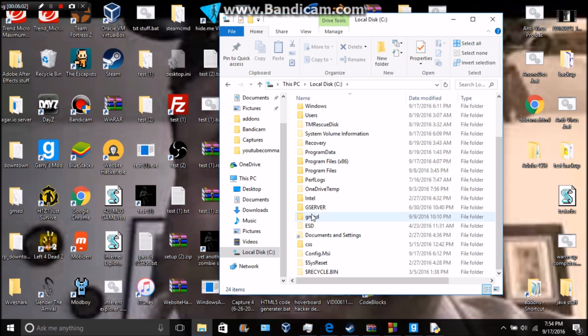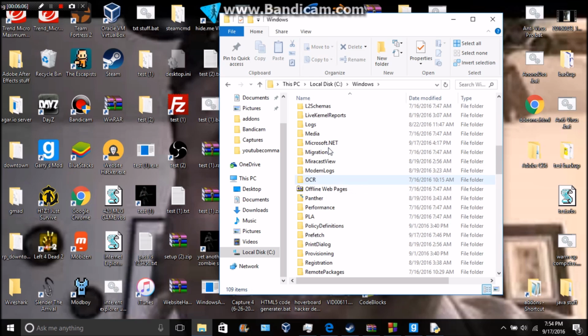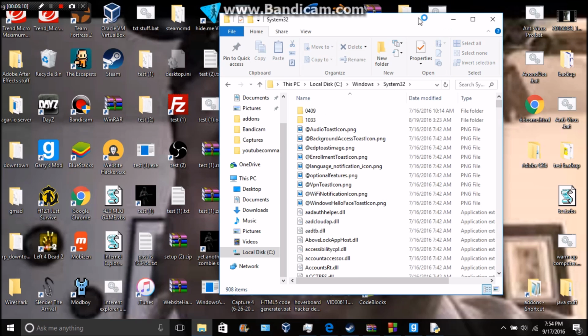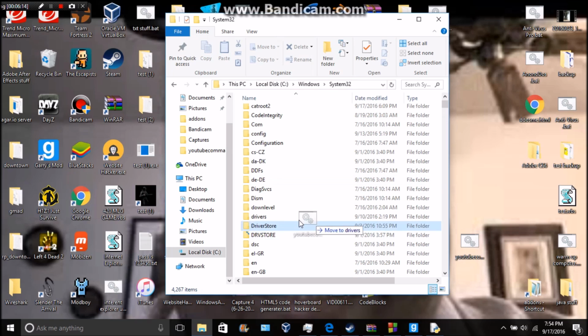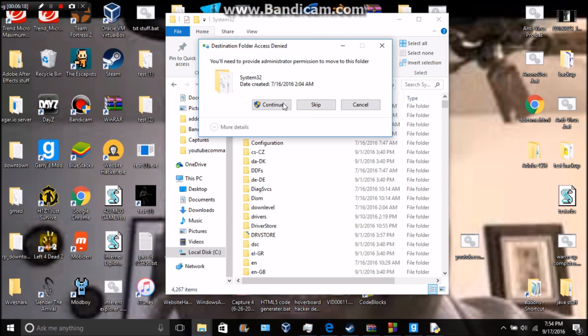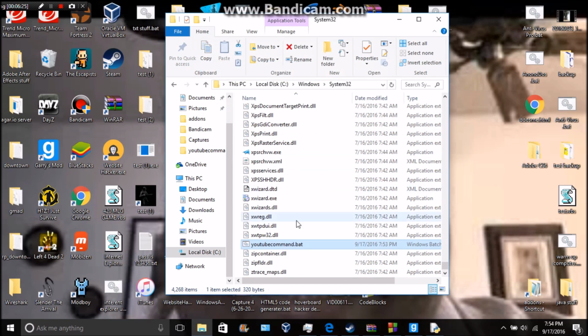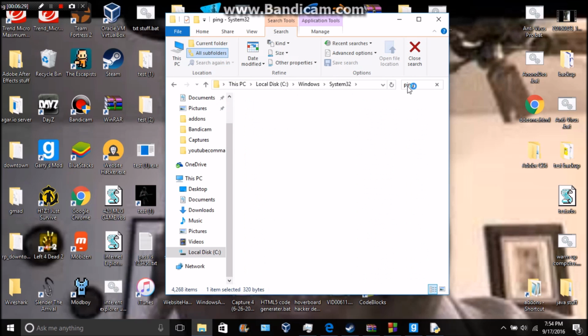You're going to go to Windows and you're going to look for System32. Now don't be scared because this won't harm it in any way, because it will never use this file unless told to use it in command prompt. And we're just going to move that file to System32. Now you do need an administrator to do this, so I'm going to do it. And now it's in.